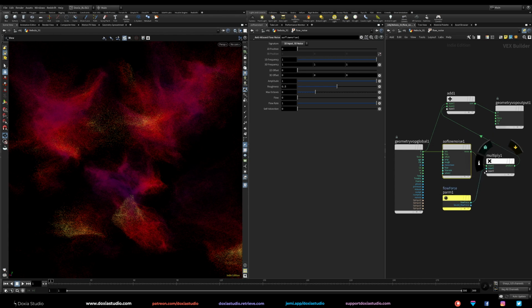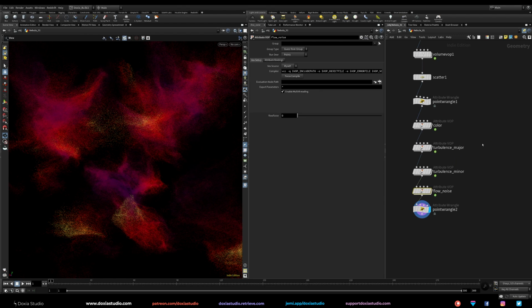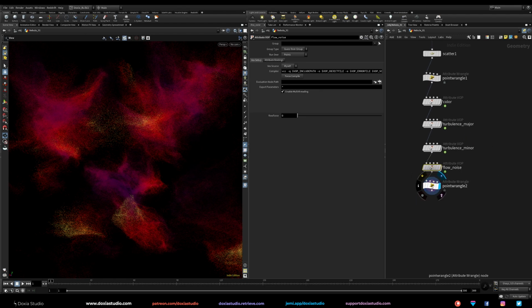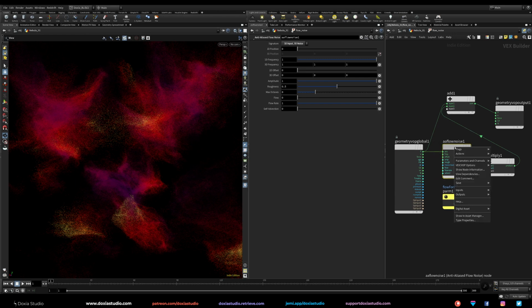Because if we wire like this, we are applying the multiply of this float to each of x, y, and z on the vector from the noise. Okay, if you wire these differently, like the flow force, the float on the first parameter, this will break. Okay, because we are multiplying the force and not the vector. So the vector should be on the first spot. And I forgot to create inputs.